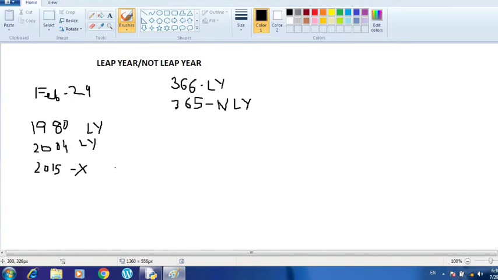So first of all, we are going to check the century year. A century year is considered for a leap year check because it is a multiple of 100. So the first condition which I am going to check here is on that particular year.